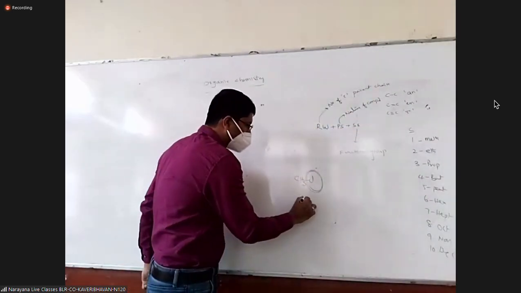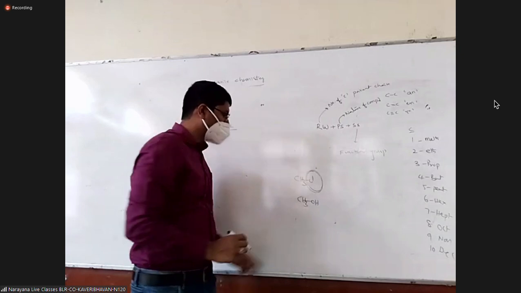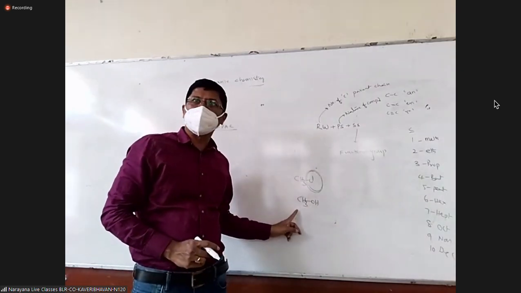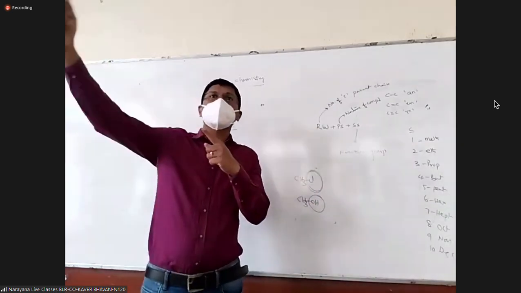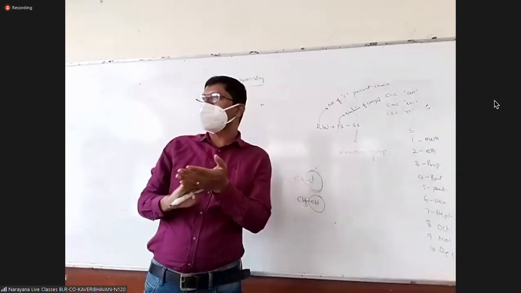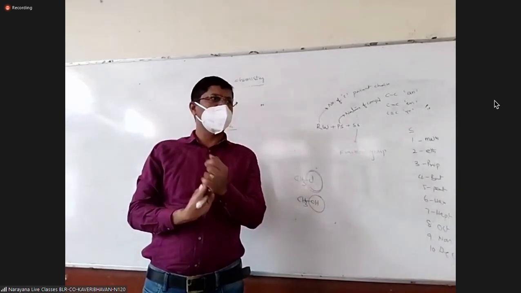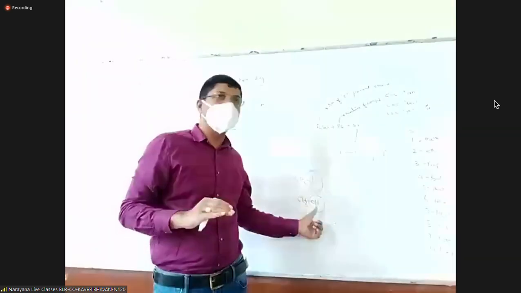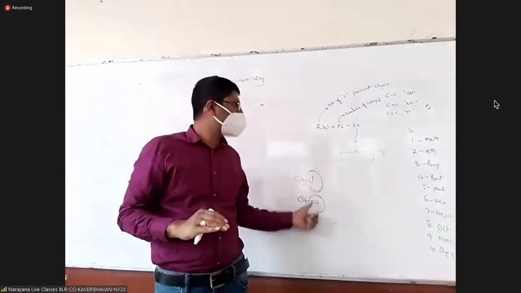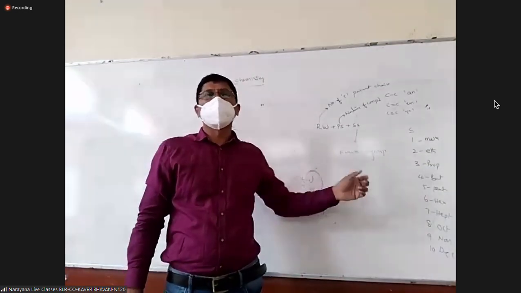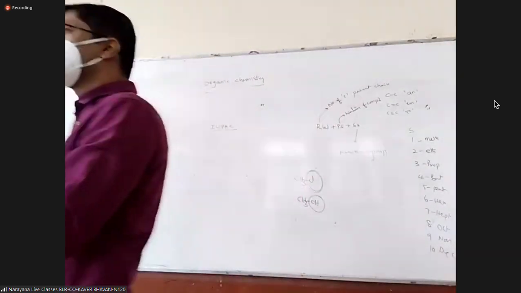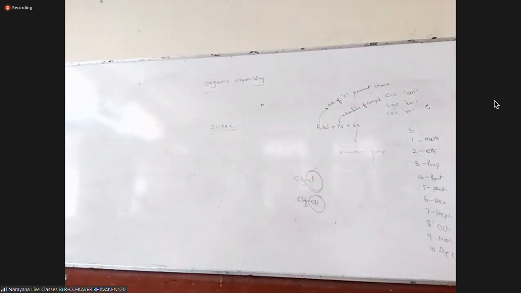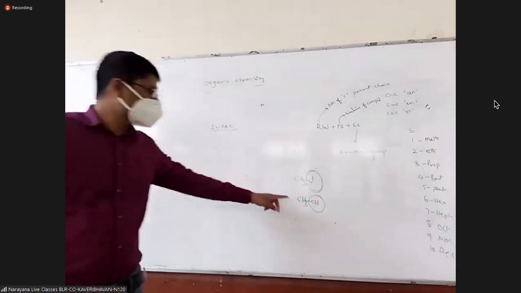If I take CH3OH, I have the OH group, H, and C. Among the three, CH3 will decide what it has to react with and what physical state it should be in. The entire properties depend on the OH group. So the OH group is called the functional group. The atom or group of atoms which decides the entire properties of a compound is called the functional group. Is it clear?